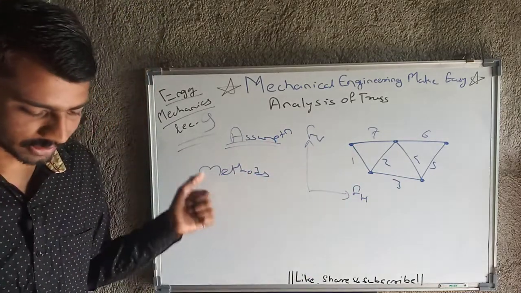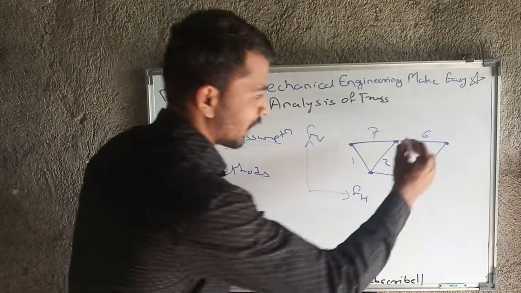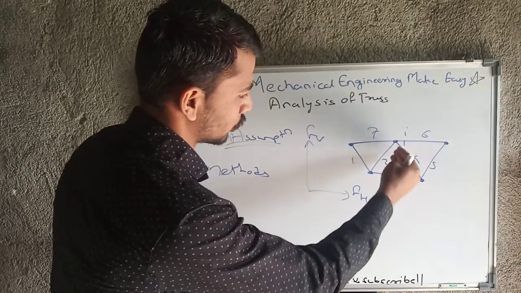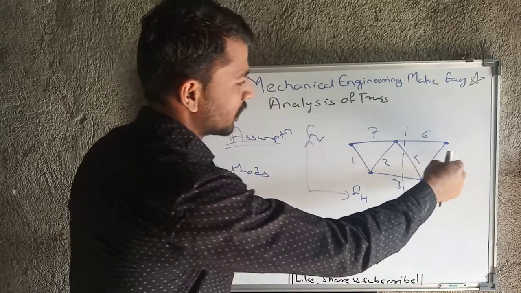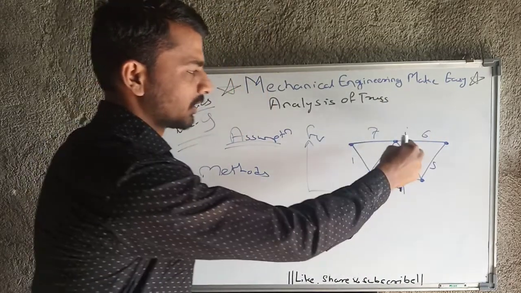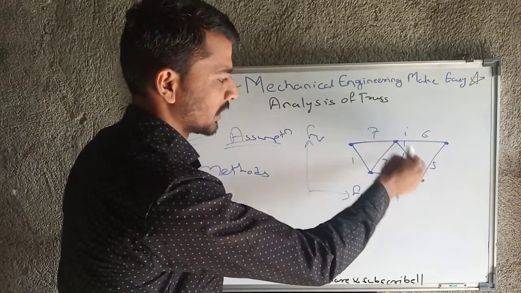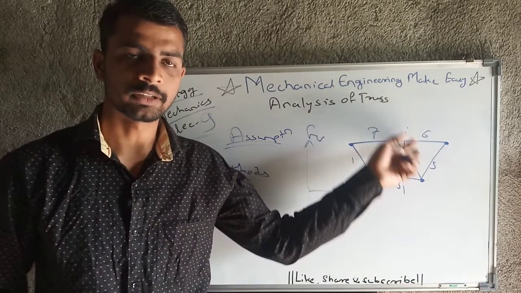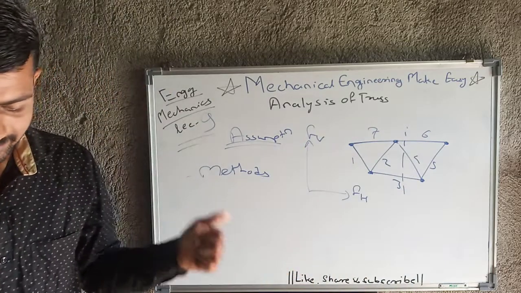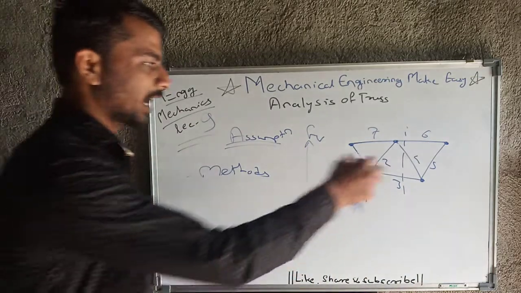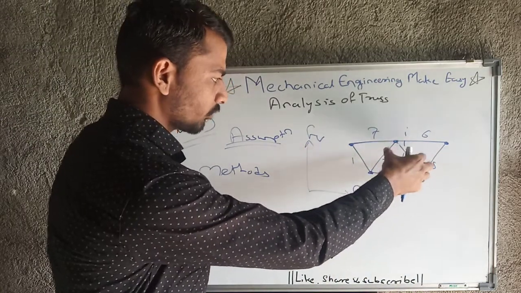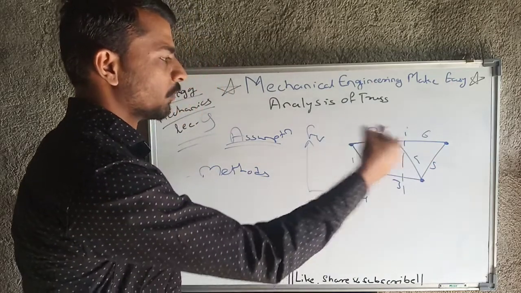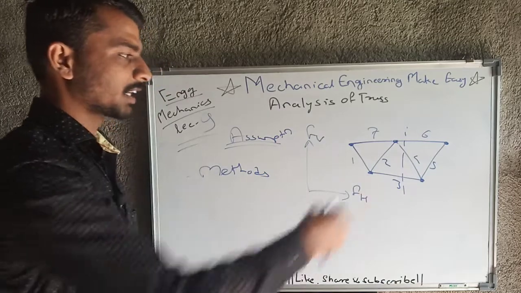Then next method is nothing but the method of section. Means at any plane, for example at this plane I have made a section here, so three joints are here, two joints are here. So after making the section I will have some values of forces here, some values of forces here. According to that I will calculate the forces. This is nothing but the method of section. And next is the graphical method. Means graphically I will draw the graphical representation of this truss. I will calculate the forces graphically. That is nothing but the graphical method.